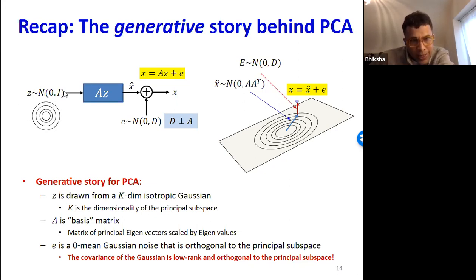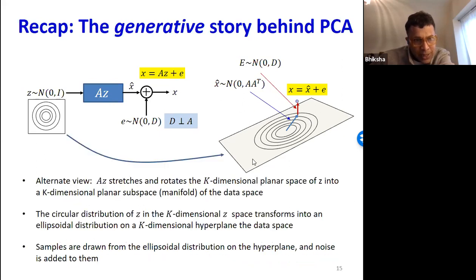Then you transform this vector using a linear transform, so your Z becomes x hat, where x hat equals A times Z. And then once you get this x hat, you add to it some noise, but the noise has a property that it is always orthogonal to the plane on which the vectors of A lie, and you add that noise to x hat, and that gives you your final data observation x. So this is the generative story behind PCA.